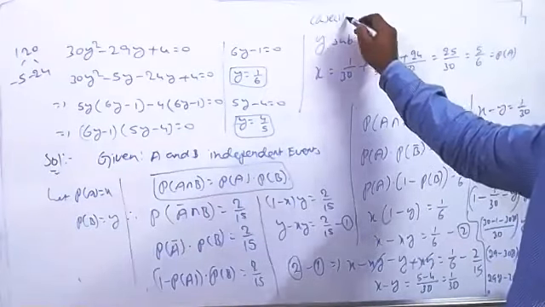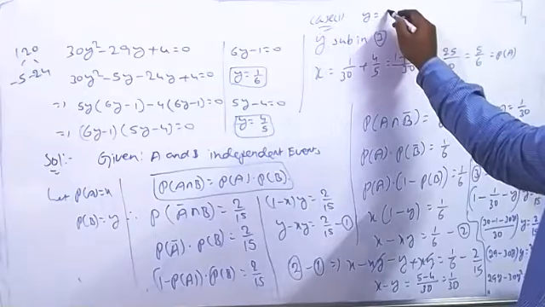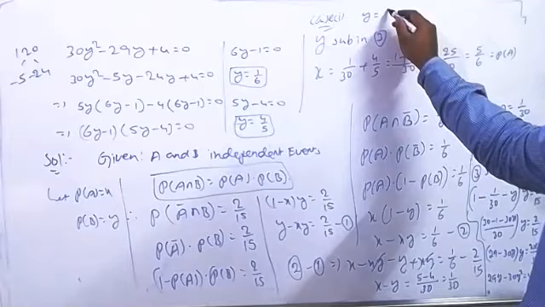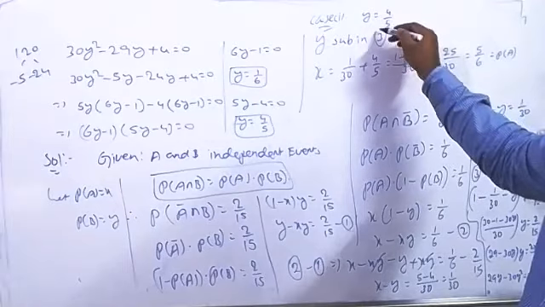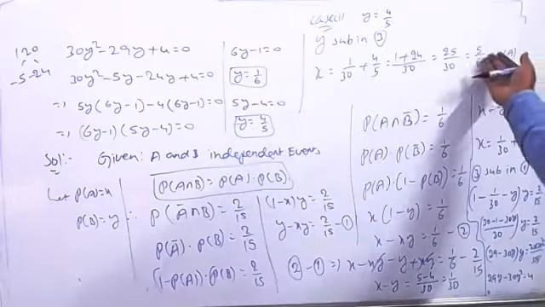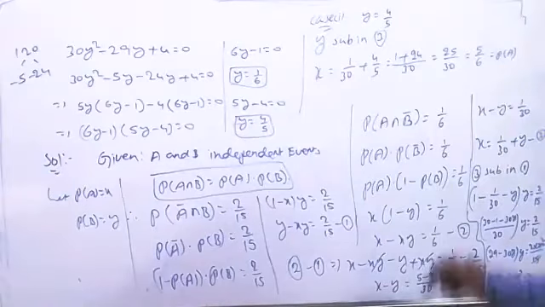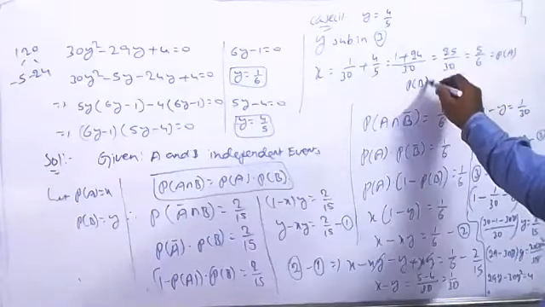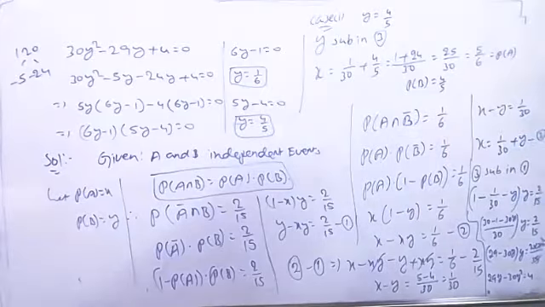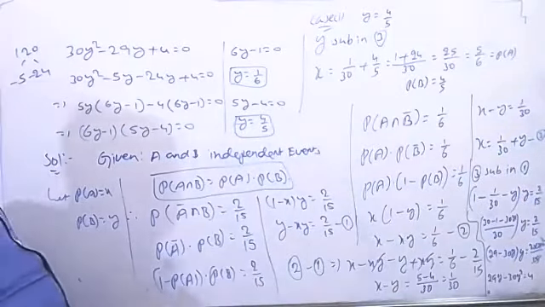Take case 1. What is case 1? Here Y equals, we are taking 4 by 5. Similarly, we already got X, so clearly P of A equals 5 by 6 and P of B equals 4 by 5. That is one case. Similarly, you can find the second case also. So what is the second case here now? Y equal to 1 by 6 you can take.